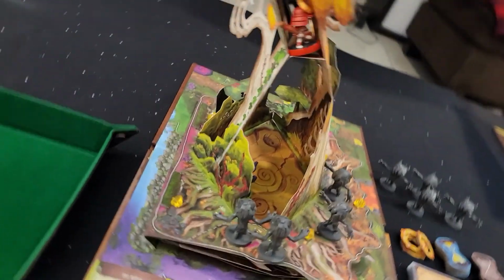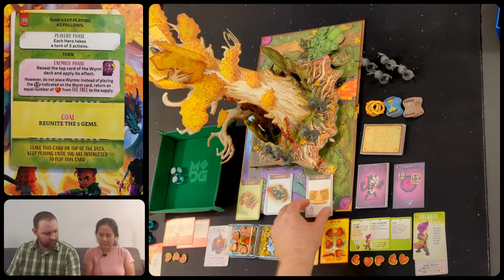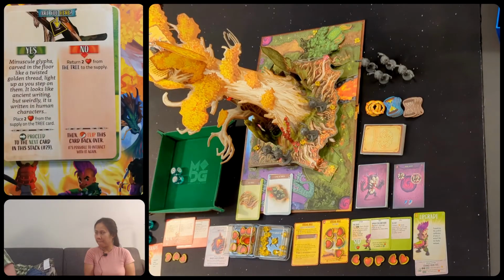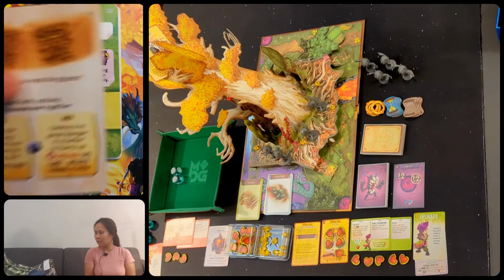There you go. Alright, so now you're in the space with the magic glyphs. Did you want to search that? Sure, I'm gonna search the magic glyphs. Alright. Minuscule glyphs carved in the floor like a twisted golden thread light up as you step on them. It looks like ancient writing, but weirdly it is written in human characters. Place 2 health from the supply onto the tree and then proceed to the next card, which is